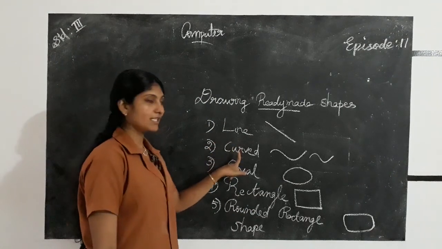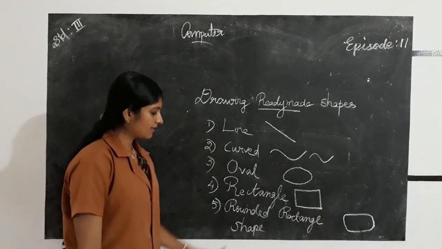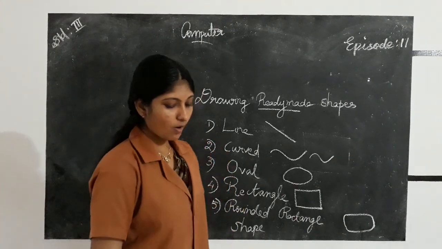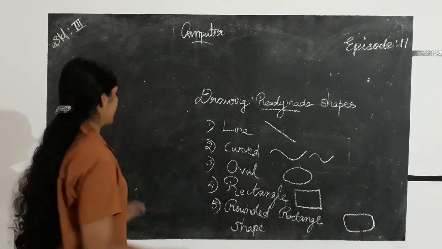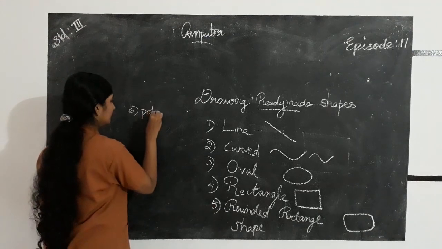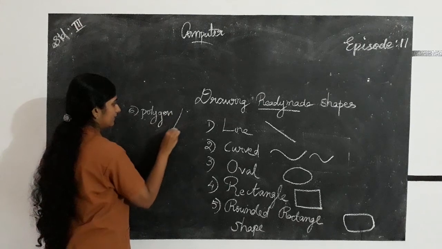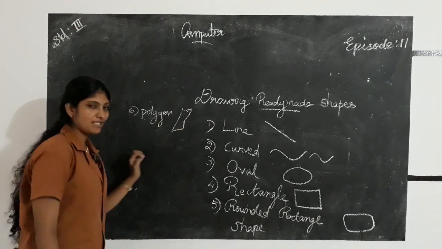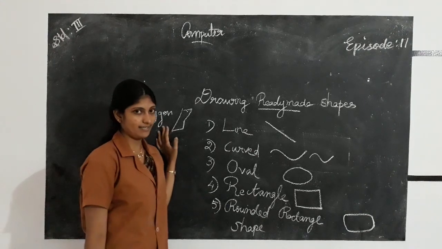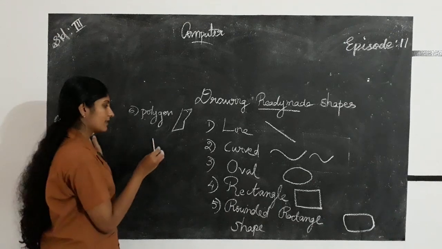So line, curved shape, oval shape, rectangle shape, rounded rectangle shape. The next is polygon shape. Sixth one, polygon. P-O-L-Y-G-O-N, polygon. Polygon shape means we can construct a polygon. We can construct polygons using this polygon shape. For example, we can construct a